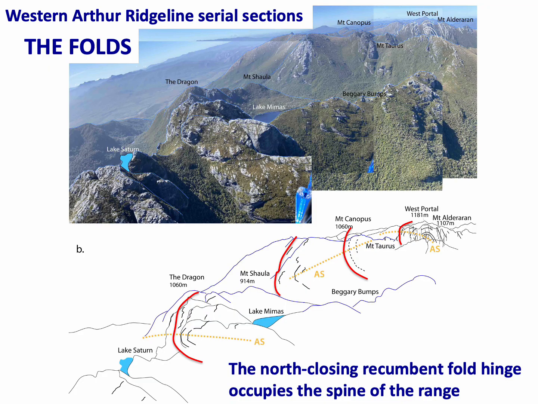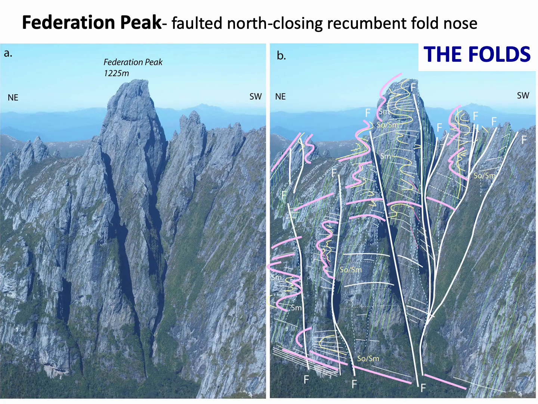The stitch photo shown here is a view of the Western Arthur Range between Lake Saturn and Mount Canopus, looking towards the eastern end of the range. As seen in the serial profiles through the ridgeline, the north closing recumbent fold hinge occupies the spine of the range. Now to the iconic jagged tooth-like Federation Peak at